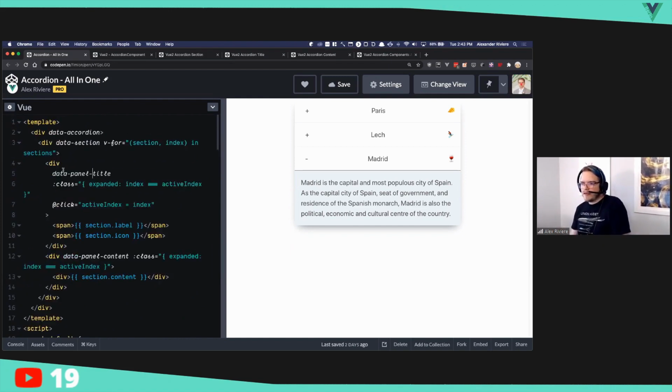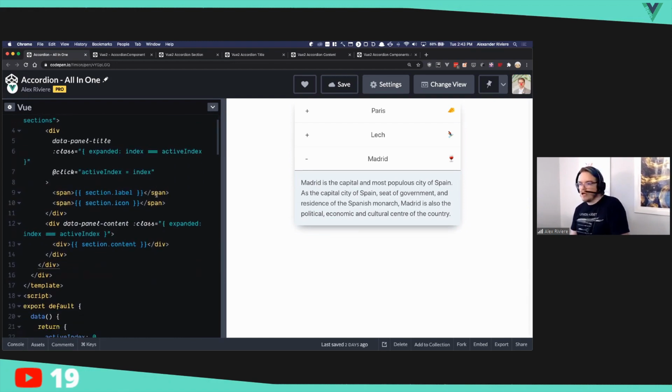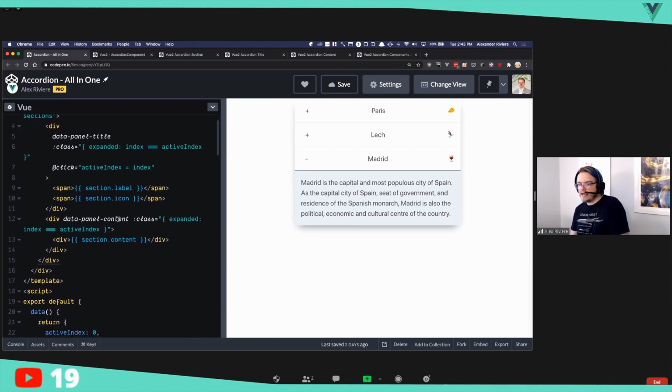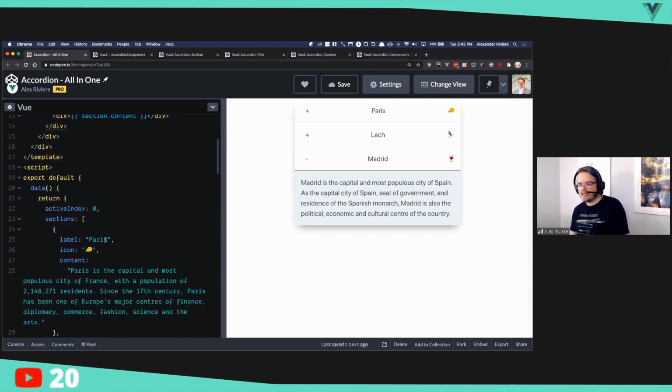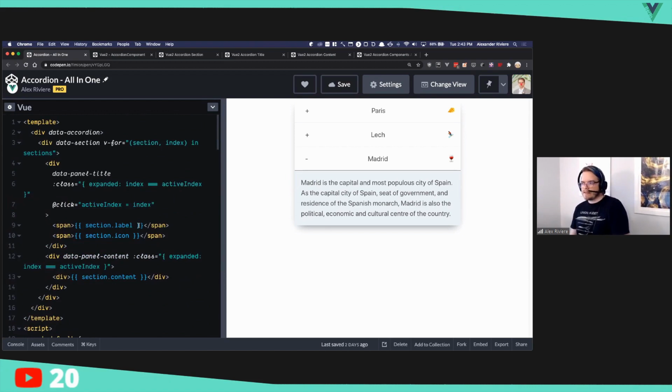And then we have a title. And when you click on the title, we set active index to the current index that we're on. And then we have content that displays when we're on the active index, right? And active index is a little bit of data over here. Now, this is fine. This works good. This is perfectly acceptable